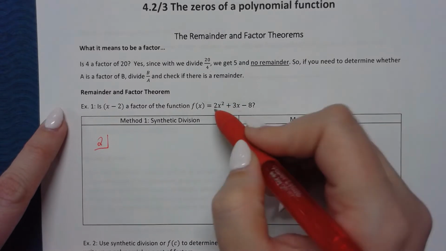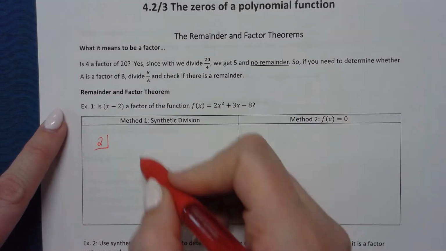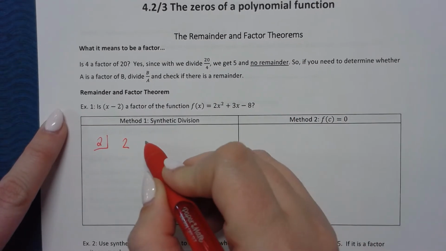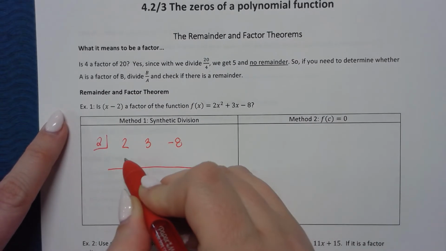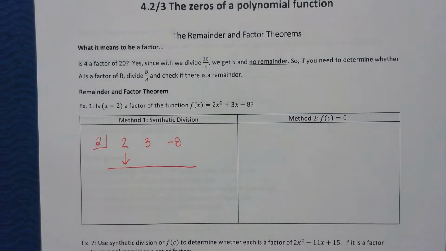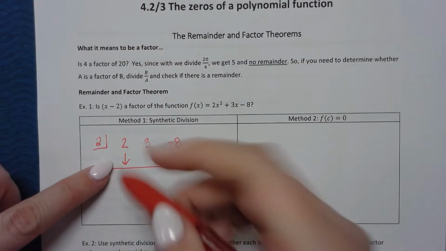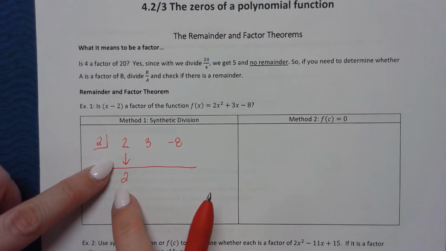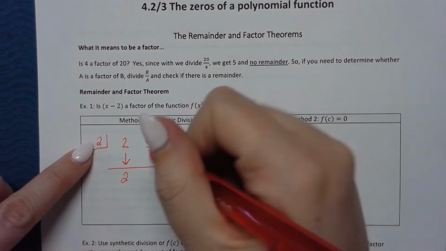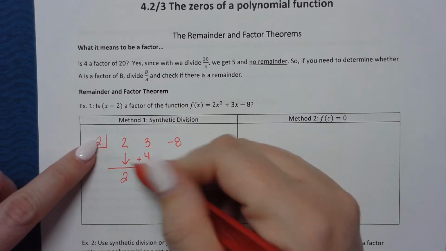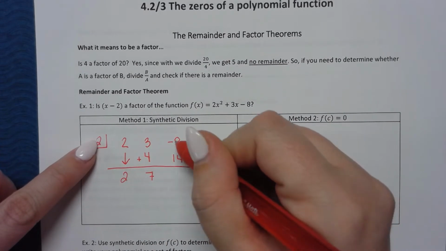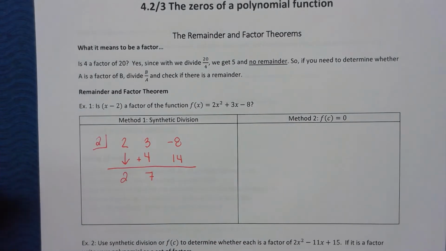And then we're going to use our numbers from our function: 2, 3, and negative 8. And then we'll complete synthetic division. Once again, you did learn this last year in Algebra 2. This is just a review. Remember, we pull down the 2, and then anything under the line we multiply. So 2 times 2 gives us 4. Add down, multiply, add down